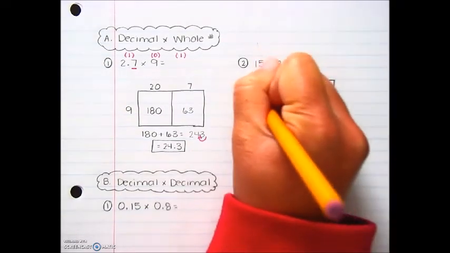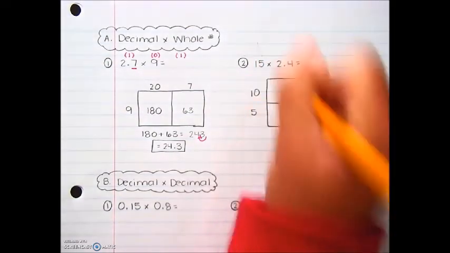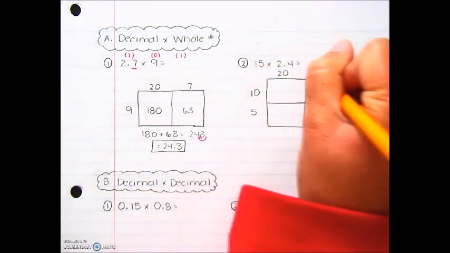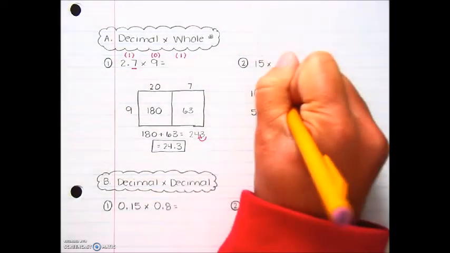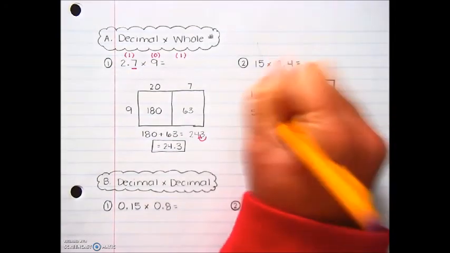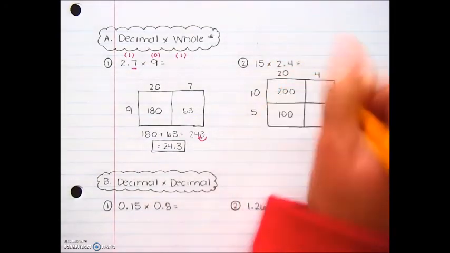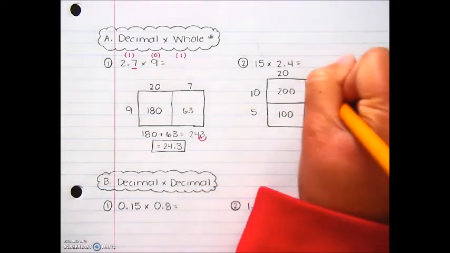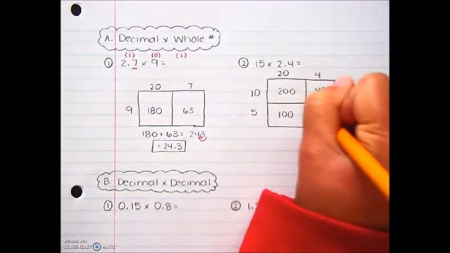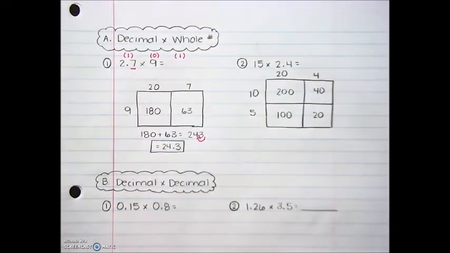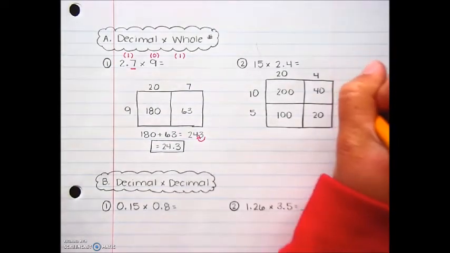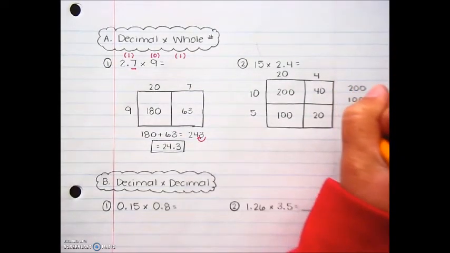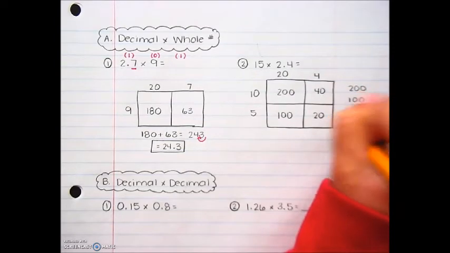I'll have a 10 and a 5 and a 20 and a 4. 20 times 10 is 200. 20 times 5 is 100. 4 times 10 is 40, and 4 times 5 is 20. So now I can add together each of those pieces. 200 plus 100 plus 40 plus 20,